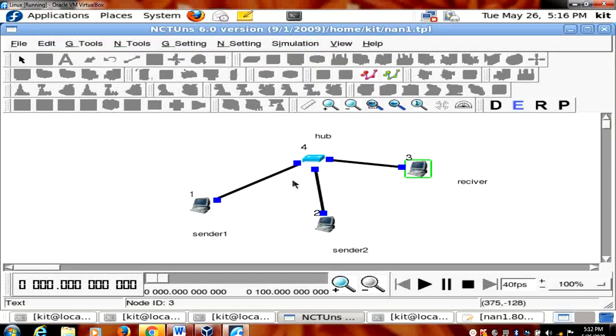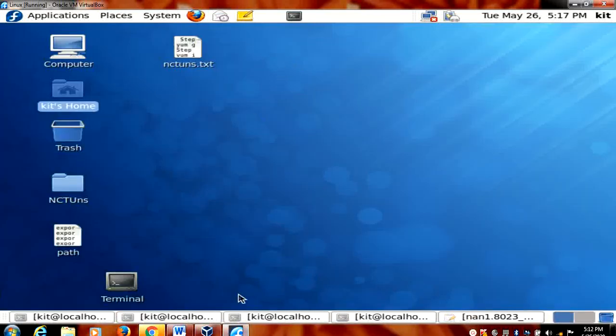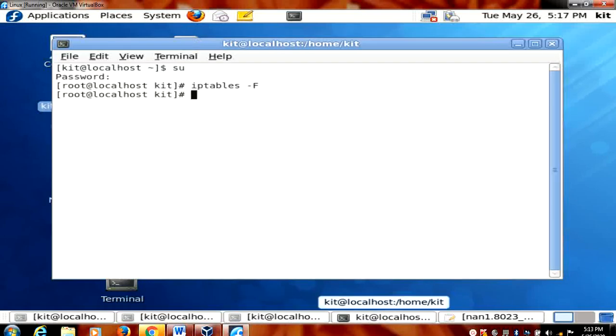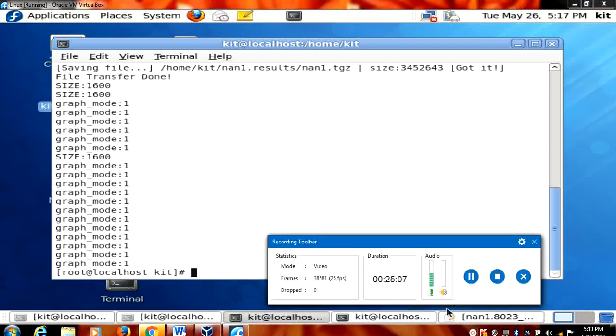Fine. After doing this, go for run. Okay. Simulation 1. You will see it sometimes disappear because of very low bandwidth, it will move somewhere. Okay, it's enough. Up to now if you do, it's enough.